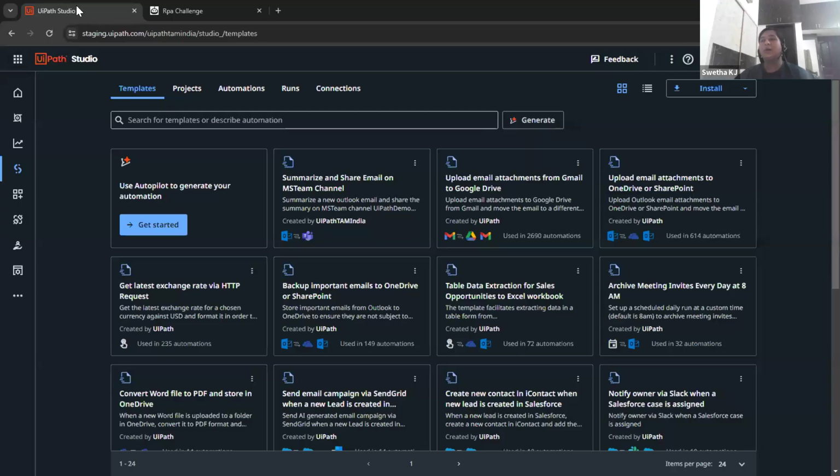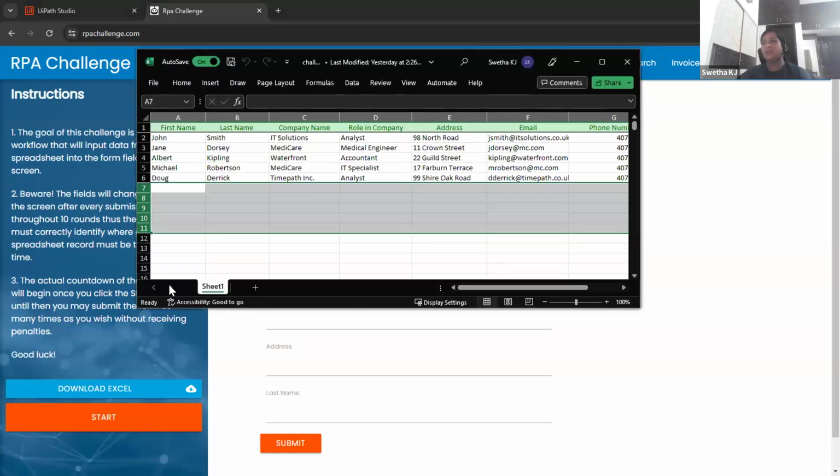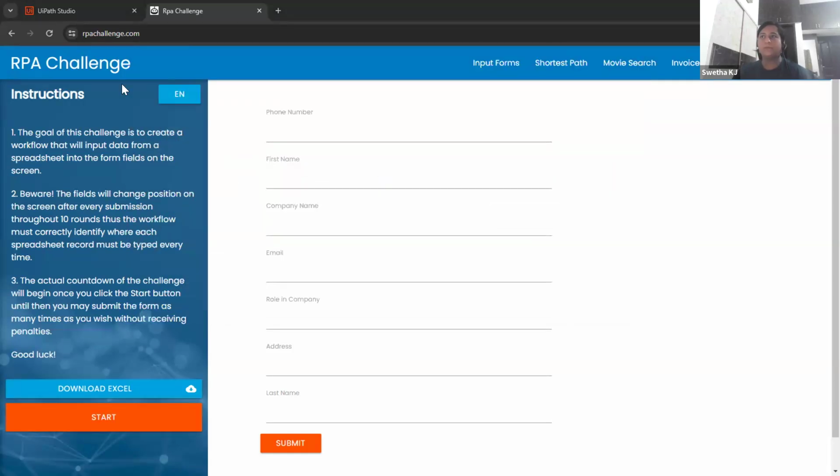All right, so now we are going to take a use case where we have the Excel taken from this RPA challenge, which has certain rows of data, and we are going to post these to this website. Once it is done for every row, we're going to post the first name of the data that was submitted to a Teams channel, saying the data was submitted on behalf of so-and-so person. So we are going to interact with Excel, then a UI browser, and also Microsoft Teams. We're going to have these three interactions.